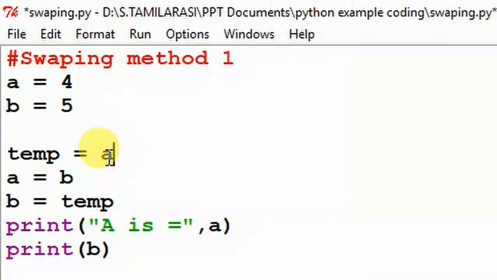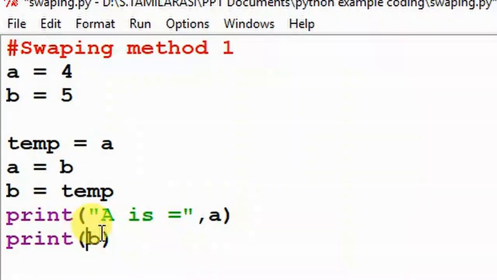The right side variable's value is assigned to the left side variable. In this place temp is 4, so the right side variable value is assigned to the left side variable b. So this is how it works in this program.